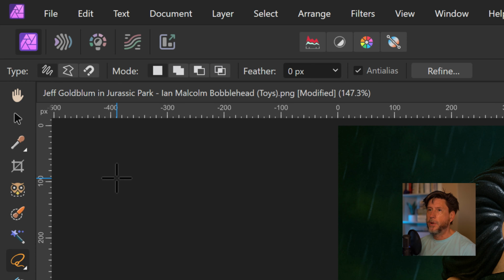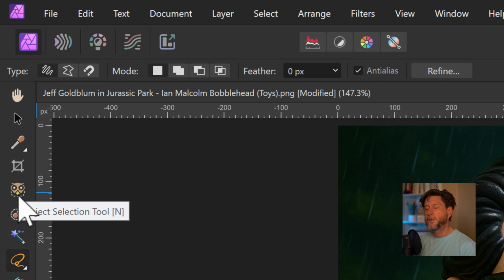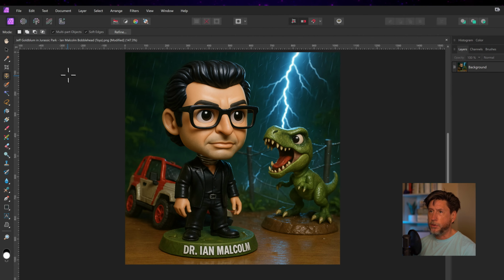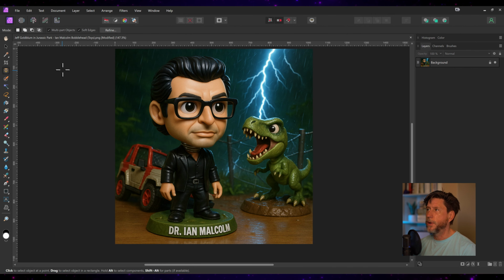Okay, and what you may notice here is I've got a keyboard shortcut that I've created because this tool out of the box doesn't come with a keyboard shortcut. So I'm also going to show you how to set a keyboard shortcut as well. But let's do that after I show you this tool. Because what I can do now is just go in and click on the owl. And when I move my pointer over objects on the screen,